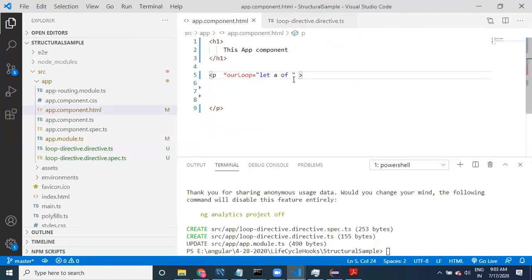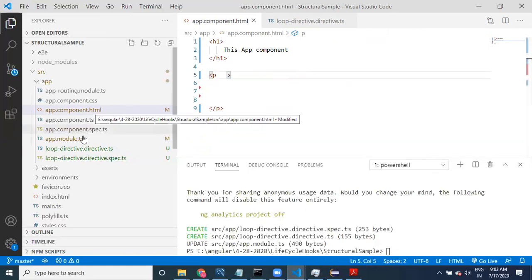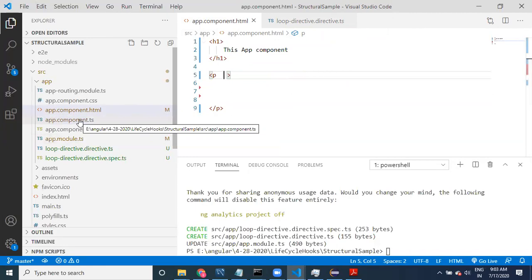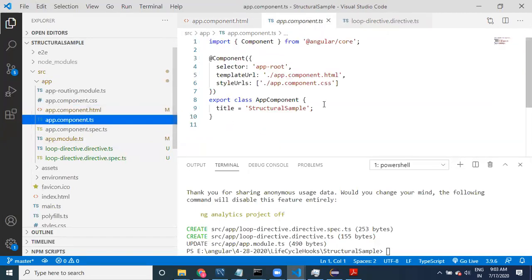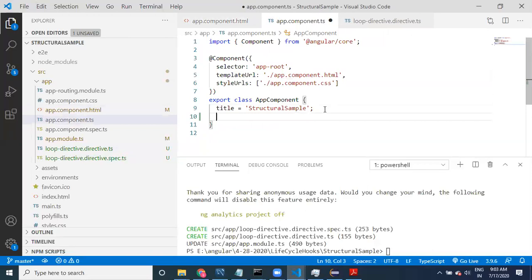We have to take a property. Which values do you want to loop? First of all, we'll go to the app component.ts. Let us provide some variables, values equal to some values, just normal numbers. I want to make it as simple as possible, and I want to tell you the concept we have discussed just before. I want to use these values now to print values.